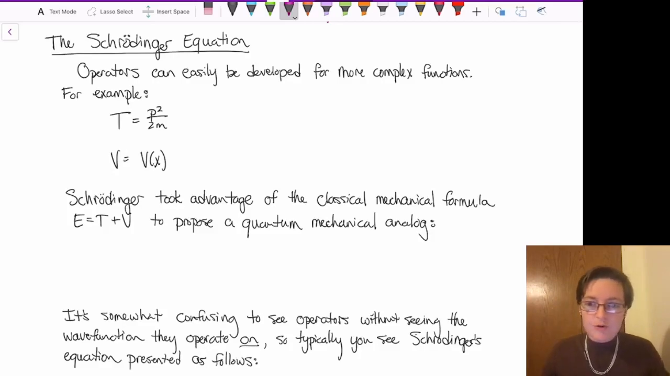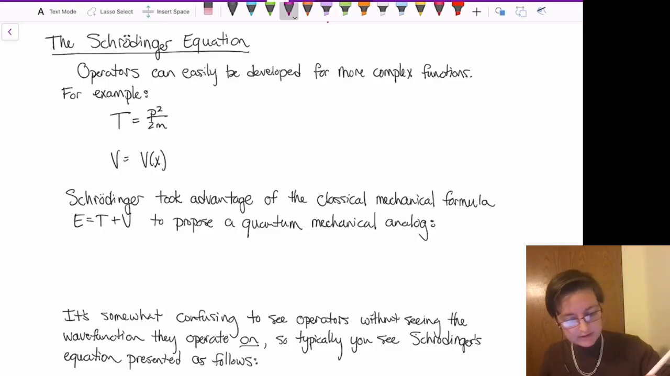And how Schrodinger came up with his famous equation is that he noticed that it's not just x, p, E, and t for which you can come up with operators. You can also do this for more complex functions. And so let's go back to our kinetic energy from the beginning of lecture and develop an operator for this